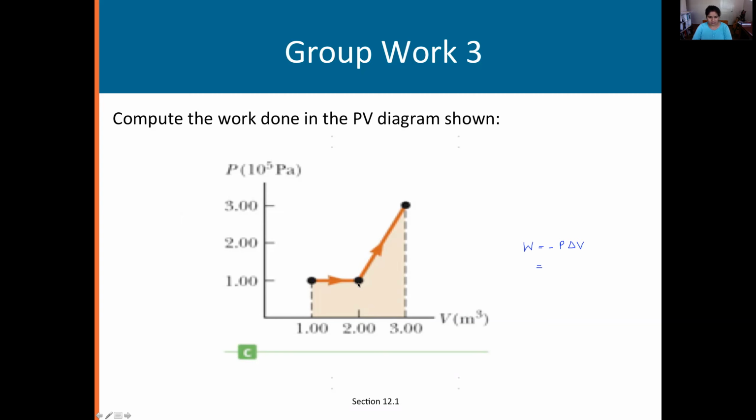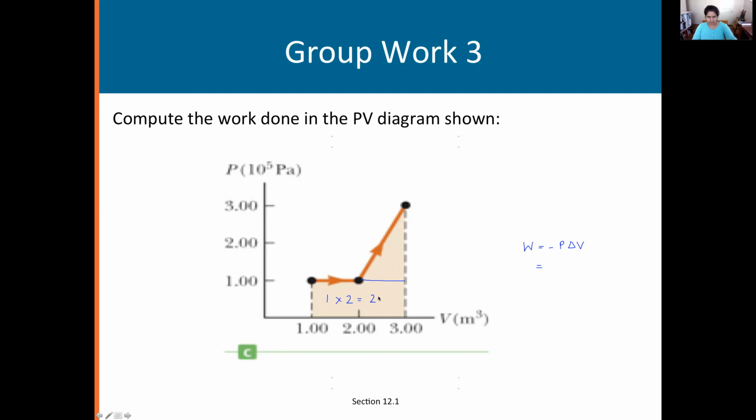So I'm going to split my area along here. Then I have this triangle and I have this rectangle. I just need the area of this rectangle, and that's going to be 1 unit times 2 units, so we're going to get 2